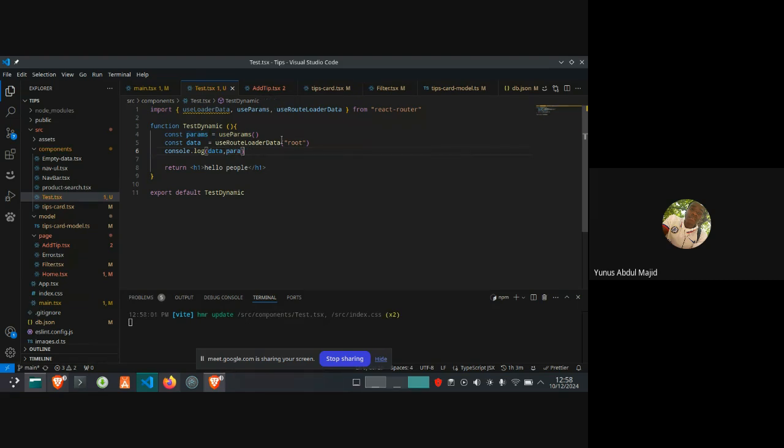Since we are getting the data we want, let's just use object destructuring to get the id out of it.